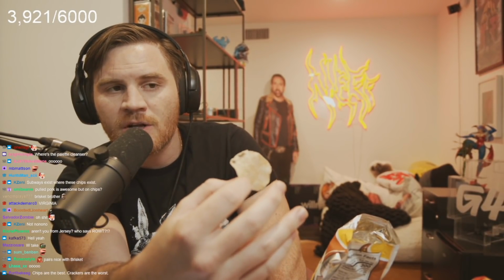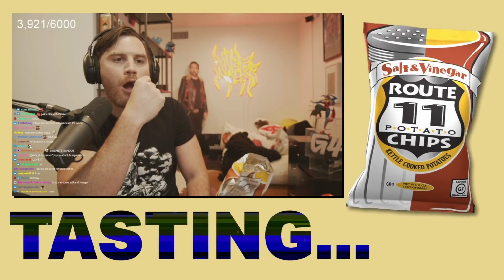Salt and Vinegar Kettle from Route 11 is my next score. Salt and vinegar, a very polarizing chip, right? Either you like them or you don't. It's like minty desserts or olives. Either you like them or they're terrible. What I'm noticing immediately, the Route 11 salt and vinegar has much less vinegar than most salt and vinegar,